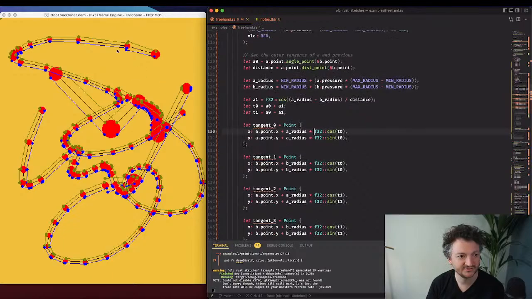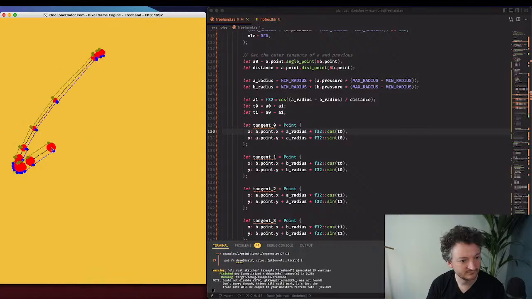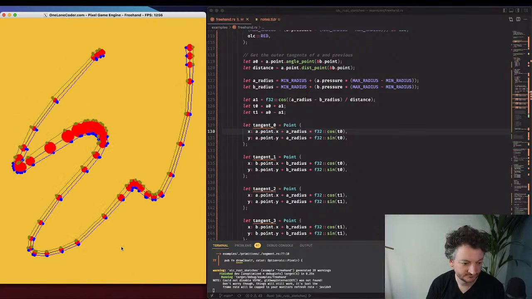Yeah, strange because, hold on a second. Any of those artifacts like right here? That looks like it's using the wrong